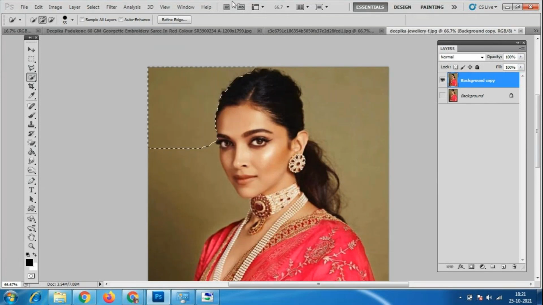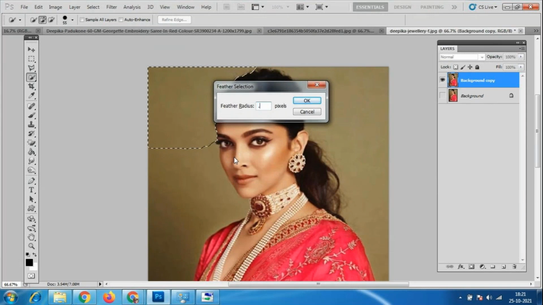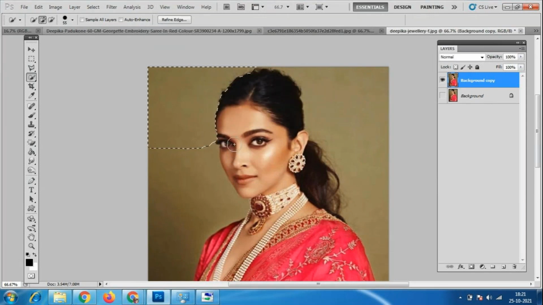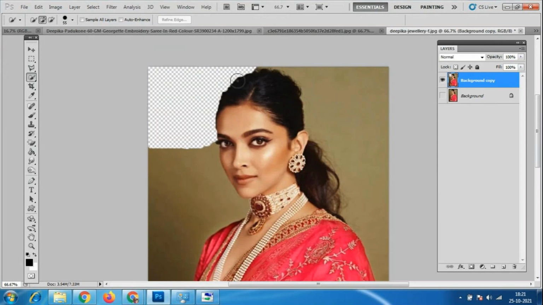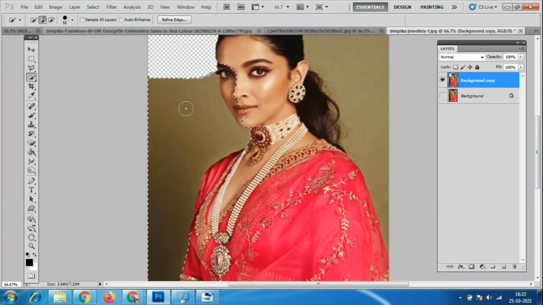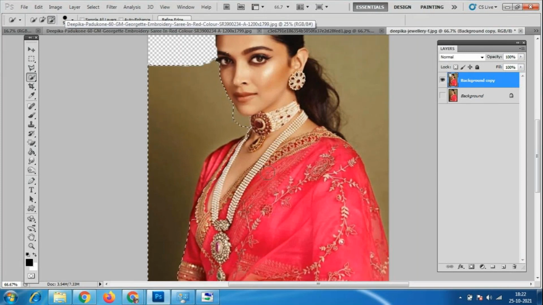Control Z. So I'll just press Shift F6. I'll make it a little feather, 0.5 feather I will give. By then the smoothness will come, so they don't get sharp edges over there. So how much ever the area I want. In this again we have the option called add to selection and subtract selection here. Now I'll select the subtract selection. I'll click on here. How much area we don't want, that I will make subtract selection and add to selection. Otherwise again we have to use the polygonal lasso tool, which we want very neatly.